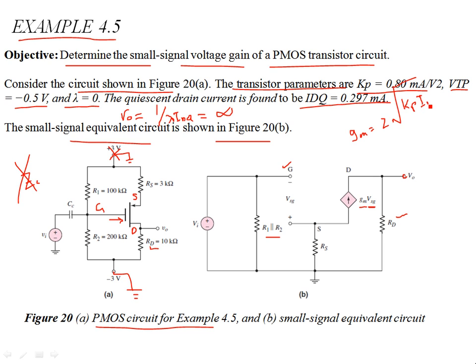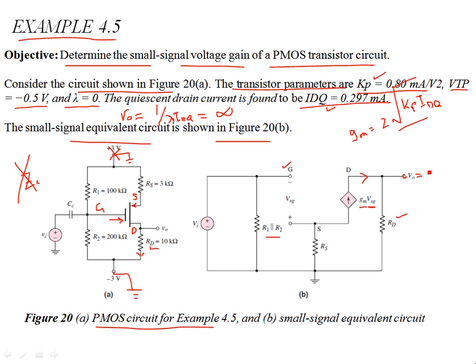So it can be determined directly from the given data. I mean, you have the quiescent current of 0.297 milliamps, so you can plug this value into this expression and find the transconductance gain. So multiply by VSG, that's the input voltage, gives you the current, and this current flows out of the drain terminal. So the direction of the current for the PMOS device is into the source, out of the drain. So again, the current direction is out of the drain, so GM VSG, and you can see that this V0